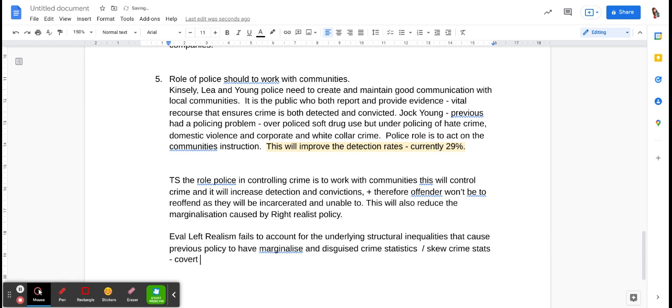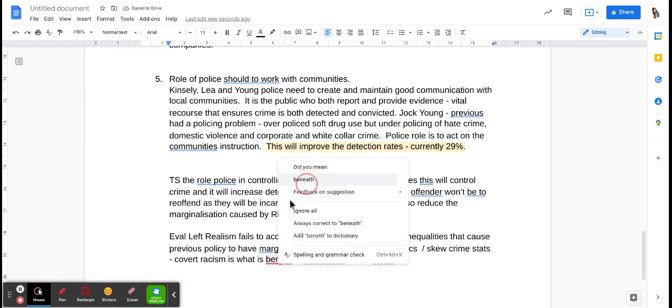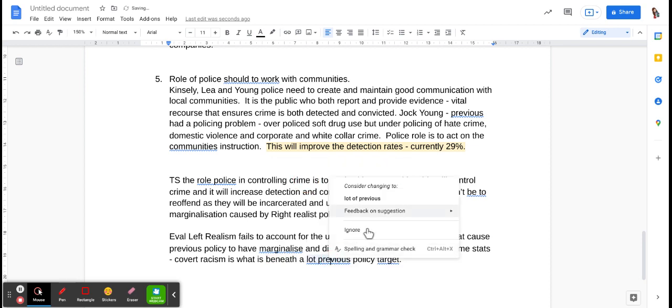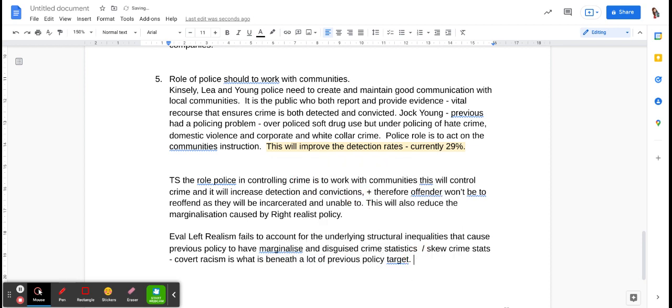That covert racism is what underlines, or what is beneath, a lot of previous policy based on target hardening. I just don't think it maybe goes enough in terms of identifying. I mean, it does, to be fair, but it doesn't maybe go far enough to identify the previous policy